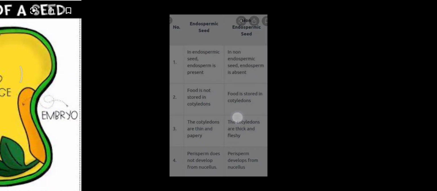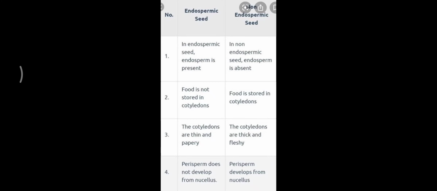Now let us look at the types of seed on the basis of presence or absence of endosperm. So basically it is classified into two types, that is endospermic seed and non-endospermic seed. You can see the difference column here which is giving you the details about the endospermic and non-endospermic. When the seed is storing the food in the tissue, that is endosperm, then it is known as endospermic seed. Castor is the example. Non-endospermic, where endosperm does not remain in the mature seed and is replaced by the cotyledon. Pea and gram are basically the non-endospermic seeds.